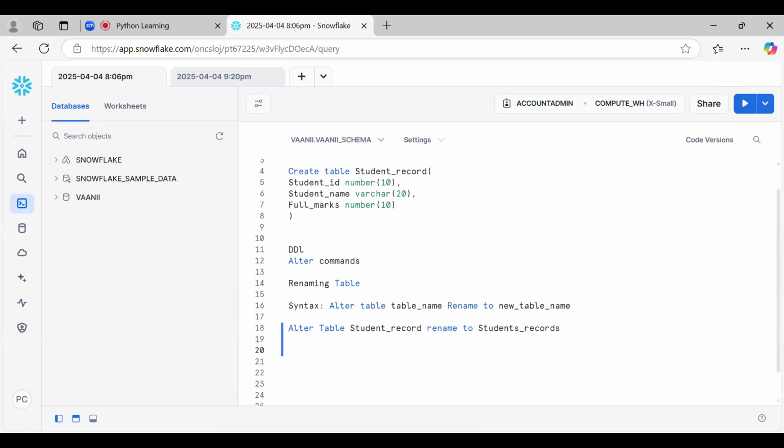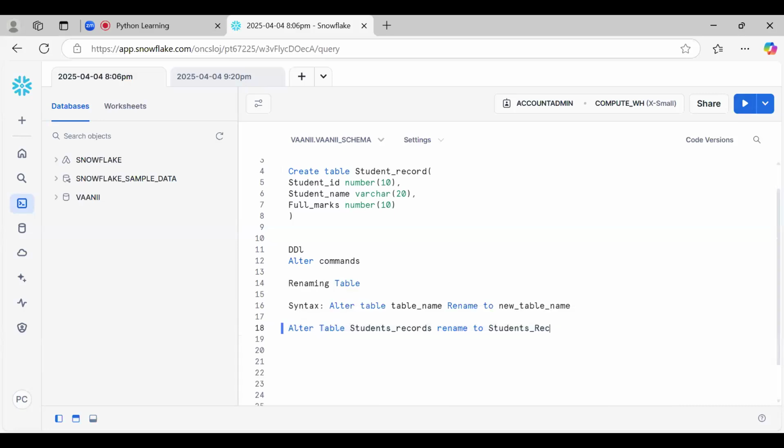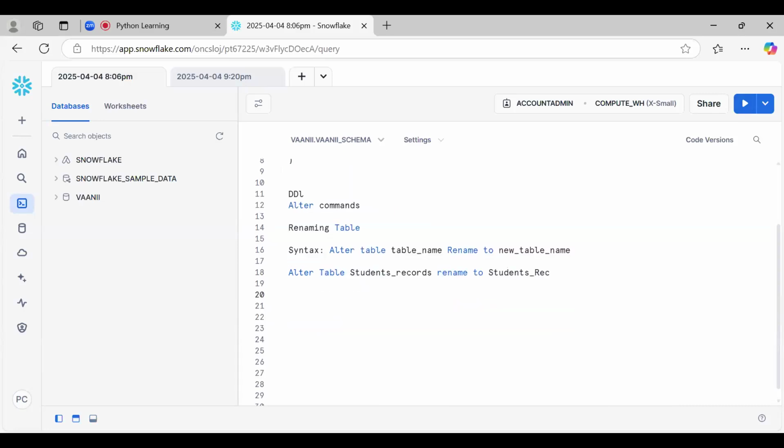We can revert it back also. So this is how we can change the table name. Any questions in this? If no, we can go for another query.